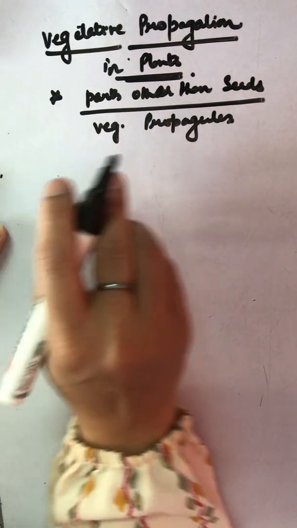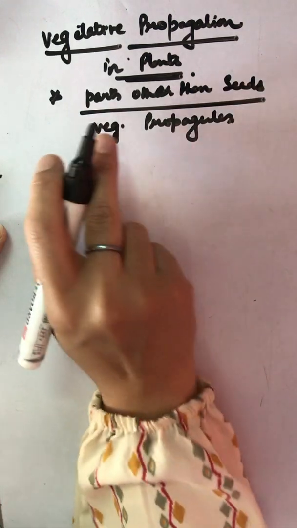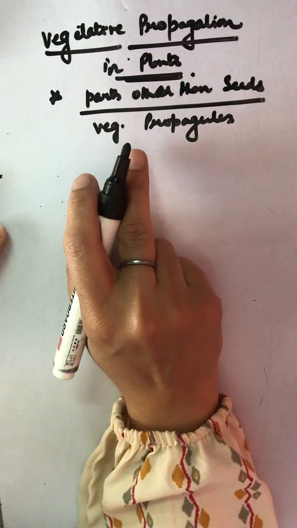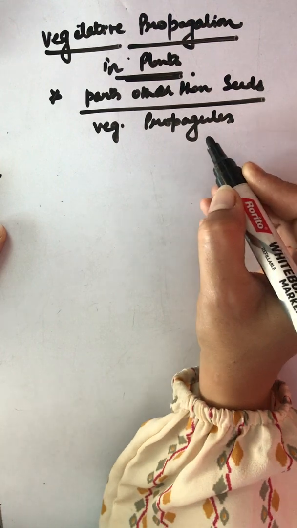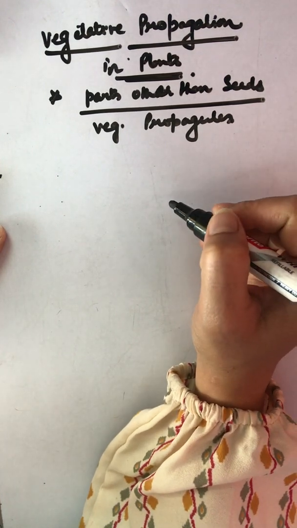That we have done, like the structural unit that is employed in place of a seed. It may be a stem, it may be a root, it may be a bud,